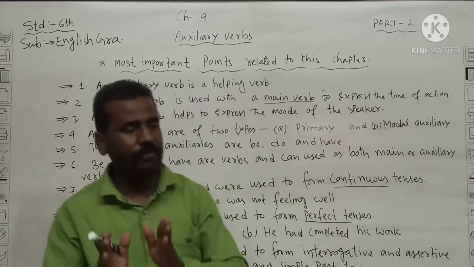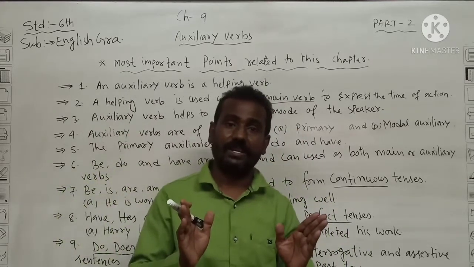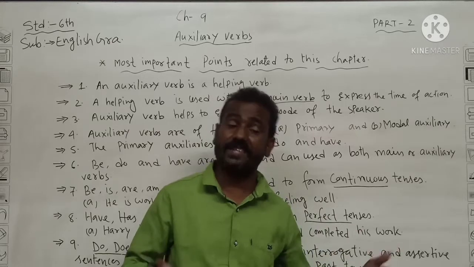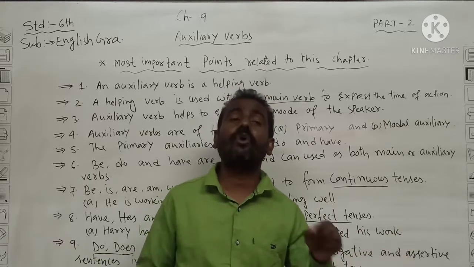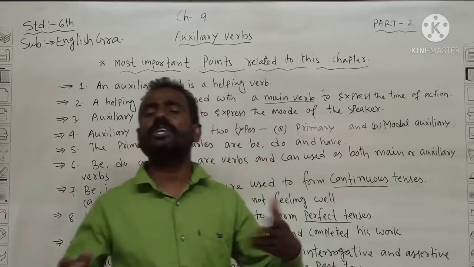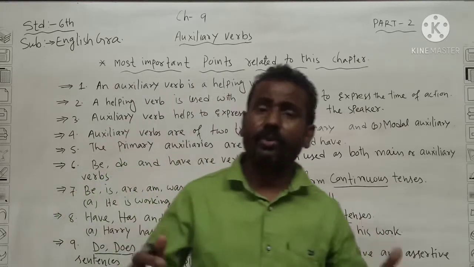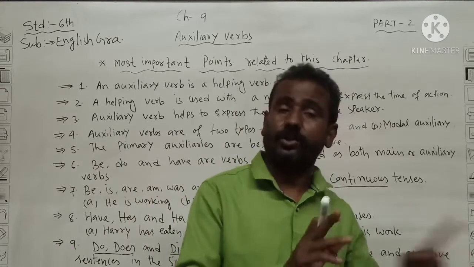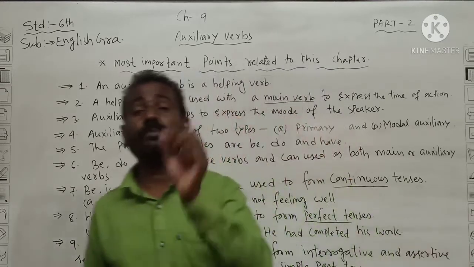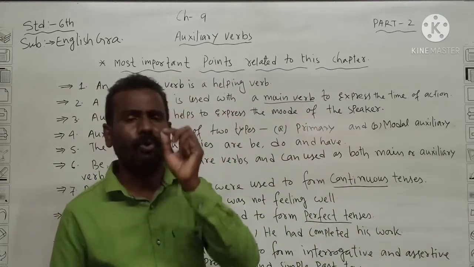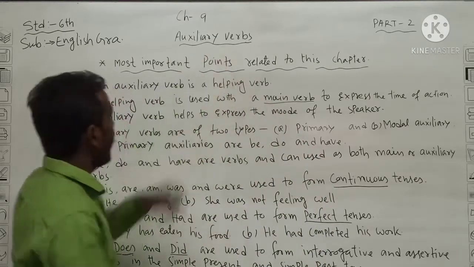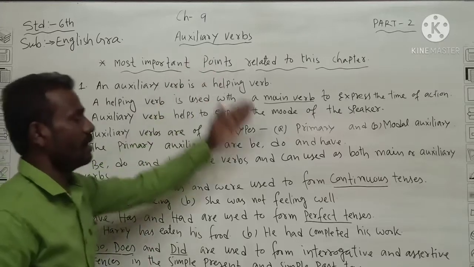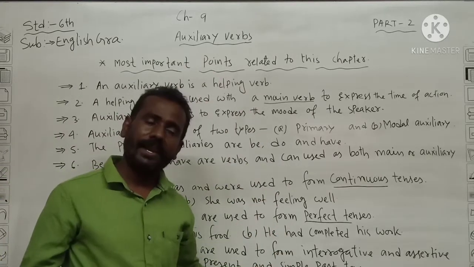Only you don't depend on the exercise. Okay, I will learn only the exercise and I will achieve good marks. It is impossible. That is called only rote learning. That means you are learning like a parrot. So don't become a parrot. You should become a good student. Good students always try to understand the chapter concept and read line wise and main points. Easily you can get the marks.